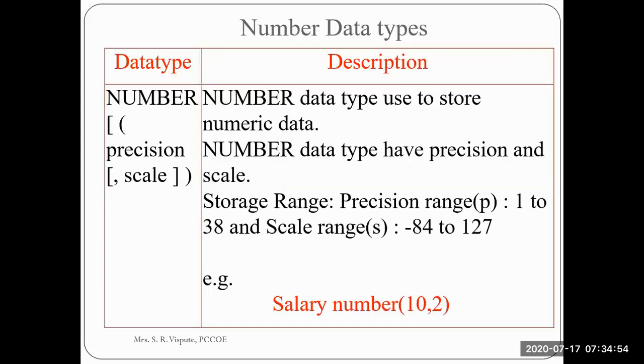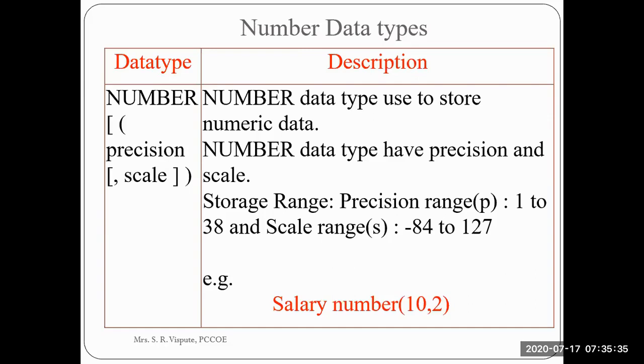Then first, if we talk about the number data type in detail, the syntax for defining the number data type is number, and in bracket you can specify precision and scale. So precision defines the number of digits in the numeric field, your attribute field, and here scale represents the decimal